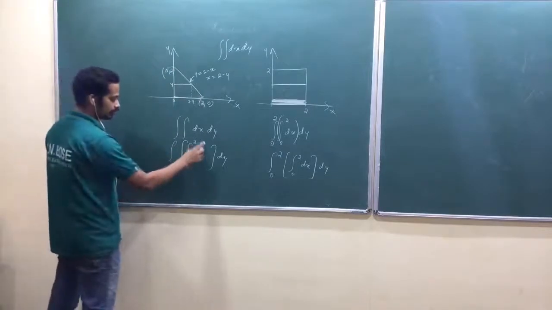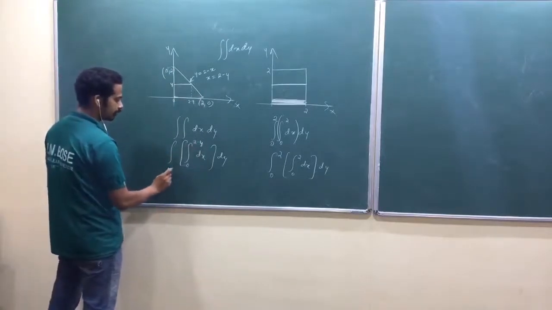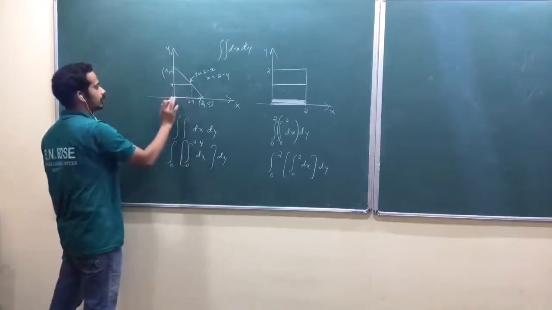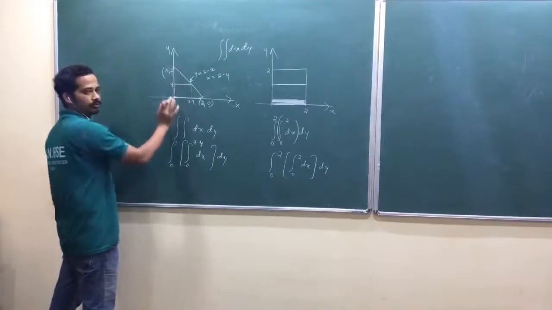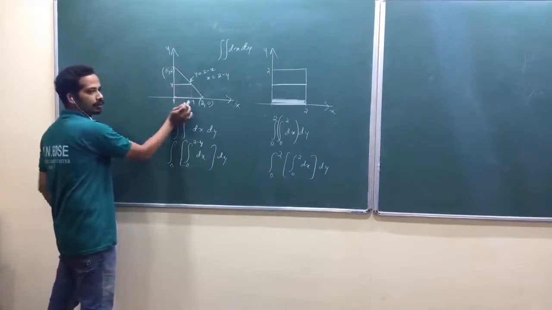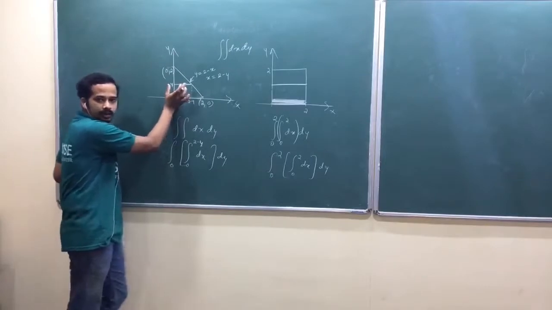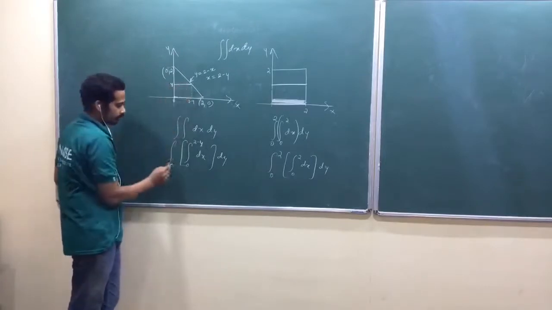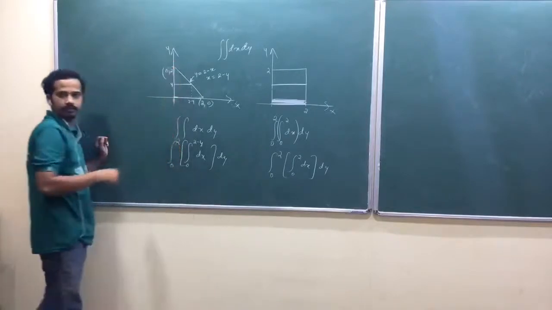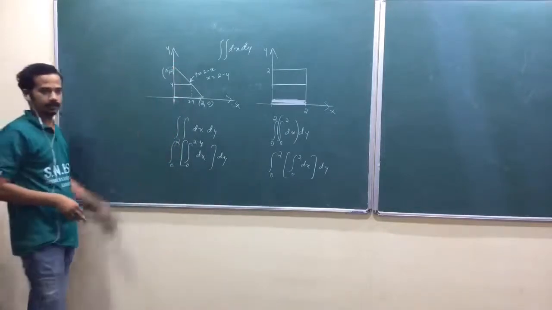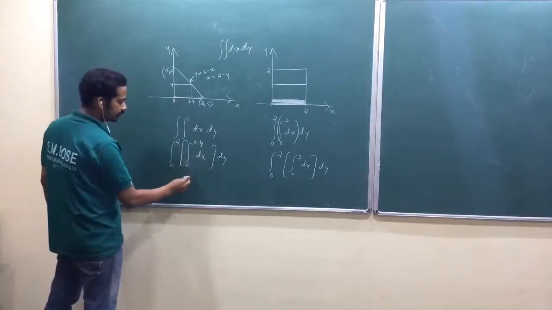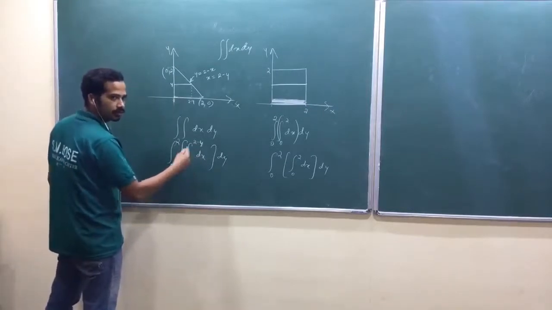Once you integrate this one, 0 to 2 minus y, what would you get? Any idea? Again, then you can integrate. Again, this line will be integrated, y running from 0 to 2. But this line, x running from 0 to 2 minus y, that is an arbitrary line segment here. And next, you have to sweep that one, so that y runs from 0 to 2, so that you will get entire area. Is that okay? So now look at here, 0 to 2 minus y dx. What is this one? 2 minus y, am I right?